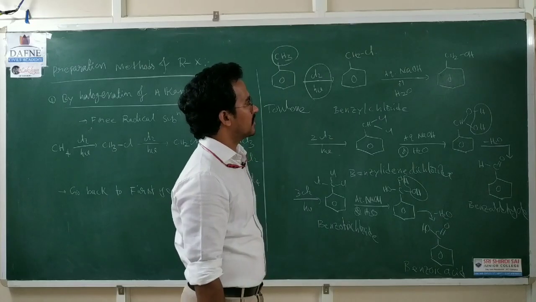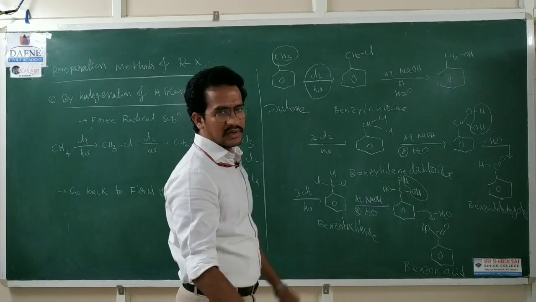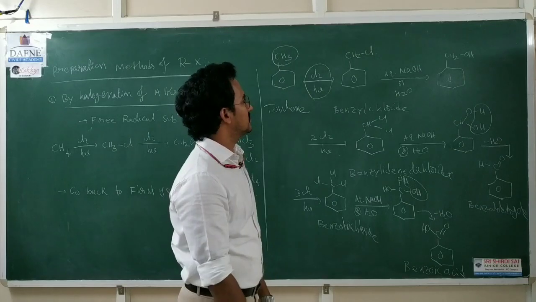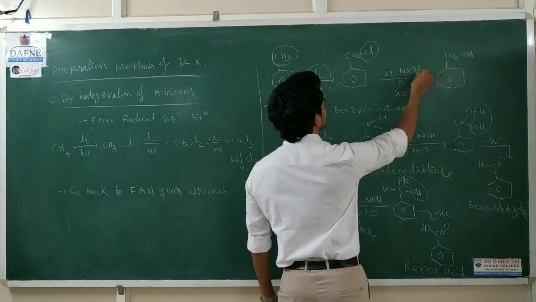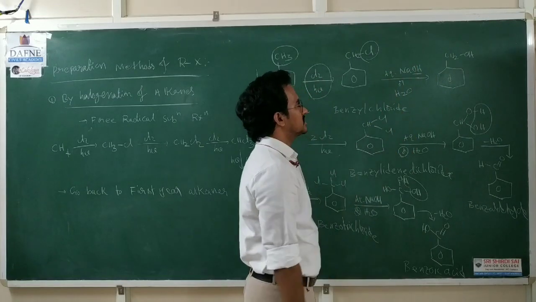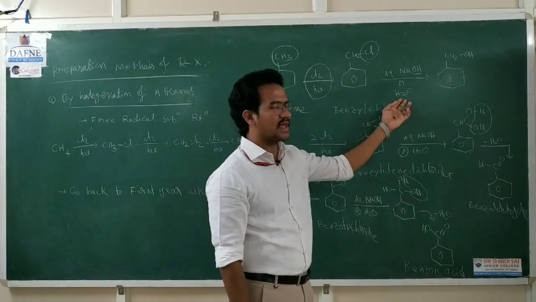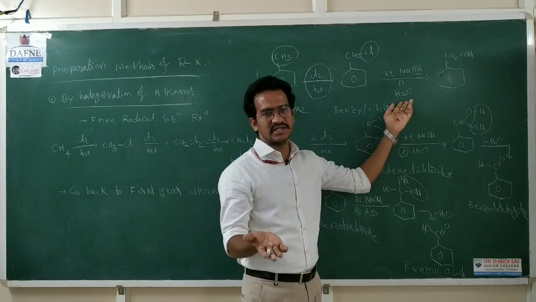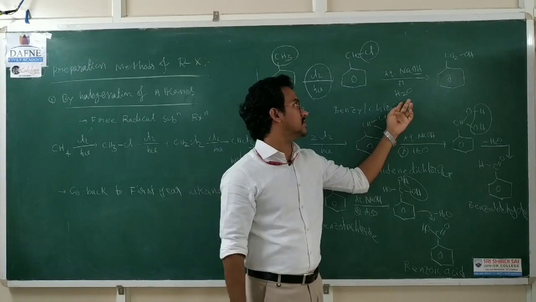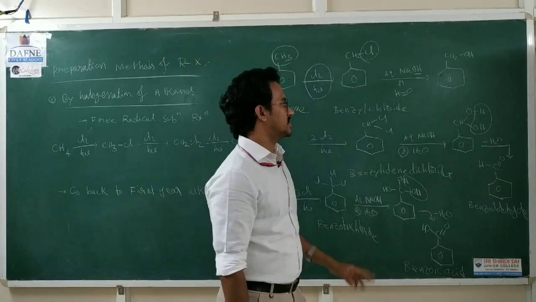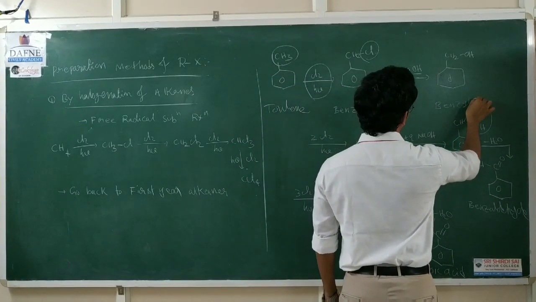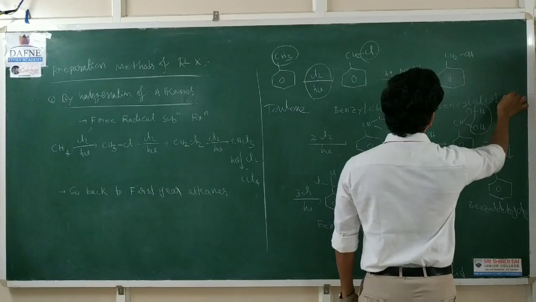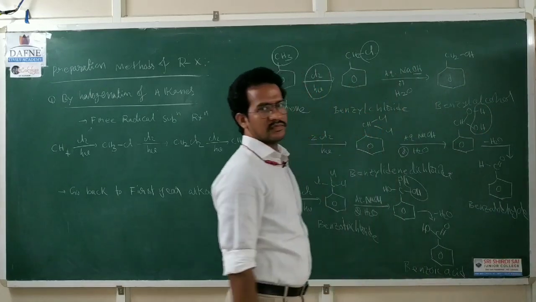Now here, you are already familiar with the substitution reactions. Now this Cl is replaced by OH by treating with aqueous NaOH, or by a hydrolysis reaction. Hydrolysis reaction is nothing but an SN1 reaction. So Cl is replaced by OH. So here the product is benzyl alcohol. Benzyl alcohol is the product.